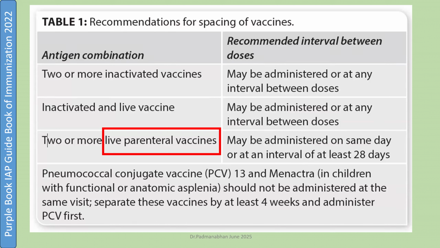Pneumococcal conjugated vaccine PCV13 and Menactra in children with functional or anatomic asplenia should not be administered at the same visit. Separate these vaccines by at least 4 weeks and administer PCV first. Why that is, we will come to in the discussion later on meningococcal vaccine. That's something we are not normally giving, but it's something which you should advise them. Now, meningococcal vaccine,